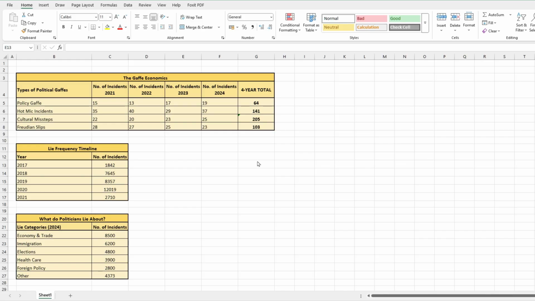We've got a number of tables here. Let's start off with this first table, which is a count of economic gaffes over a number of years by